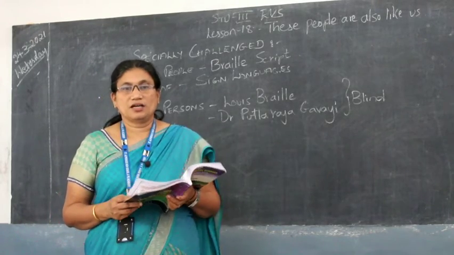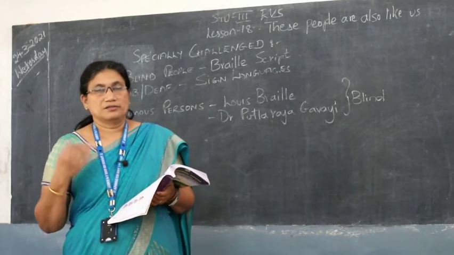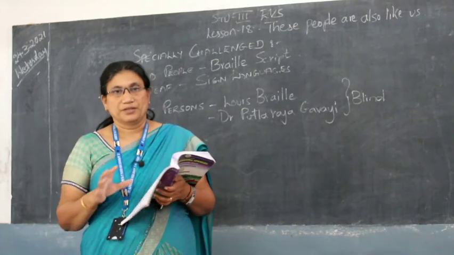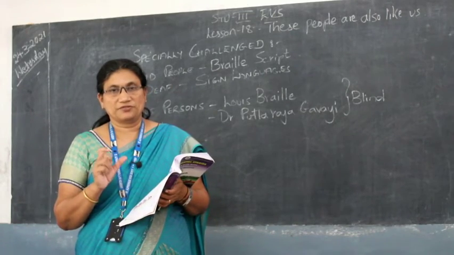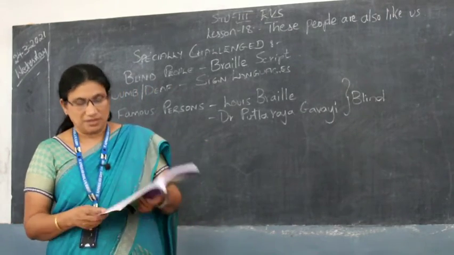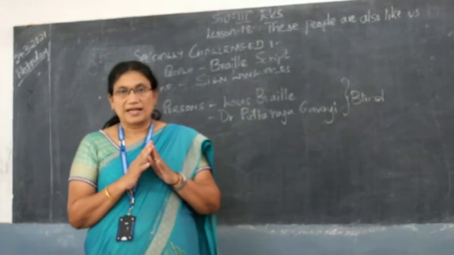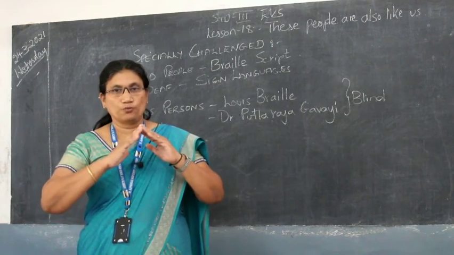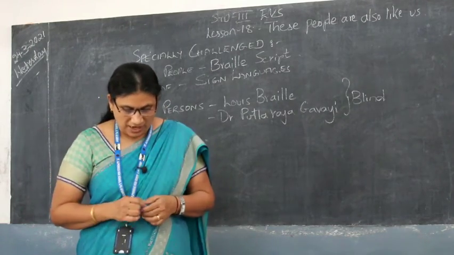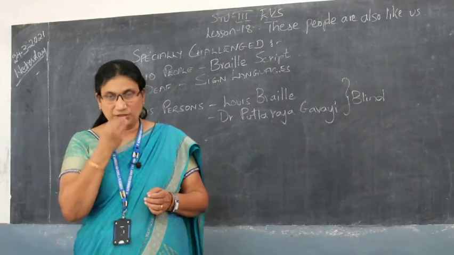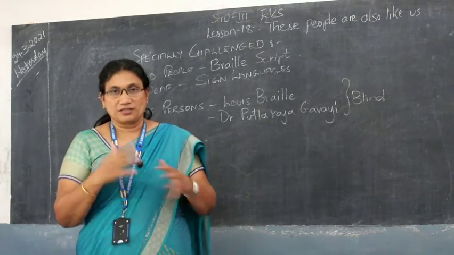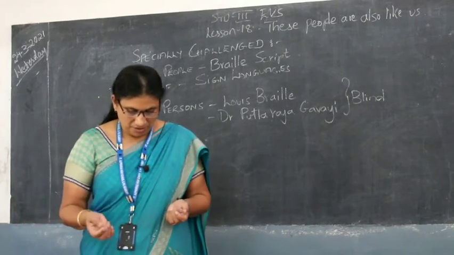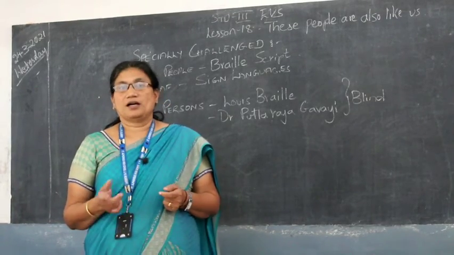Have you seen deaf and dumb people talk, children? How do they talk? They talk in the form of sign languages. Sign languages means they do something with their hands like this. When they wish you, they'll do like this, or when they say we'll go home, this is home. Then they say when they want to eat, when they want to drink. These are certain simple sign languages which you all know how to do, but deaf and dumb people have other languages